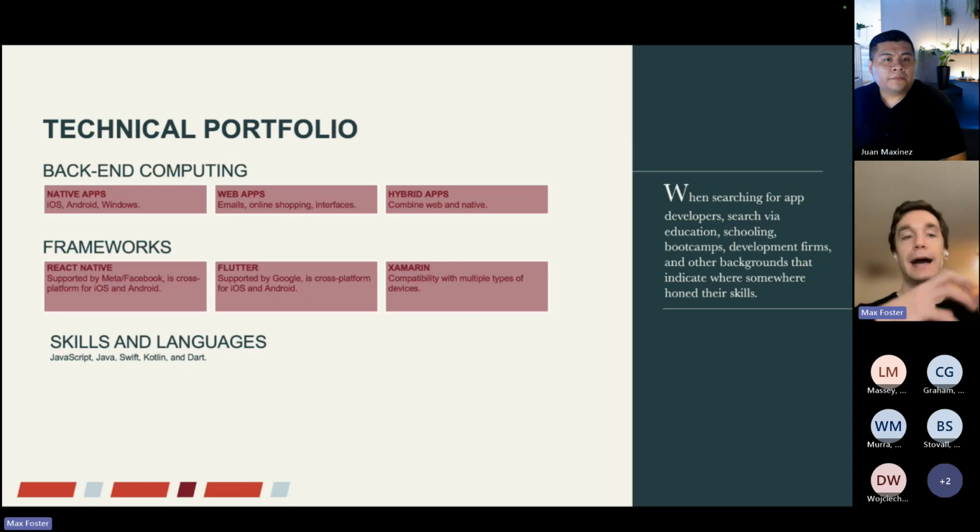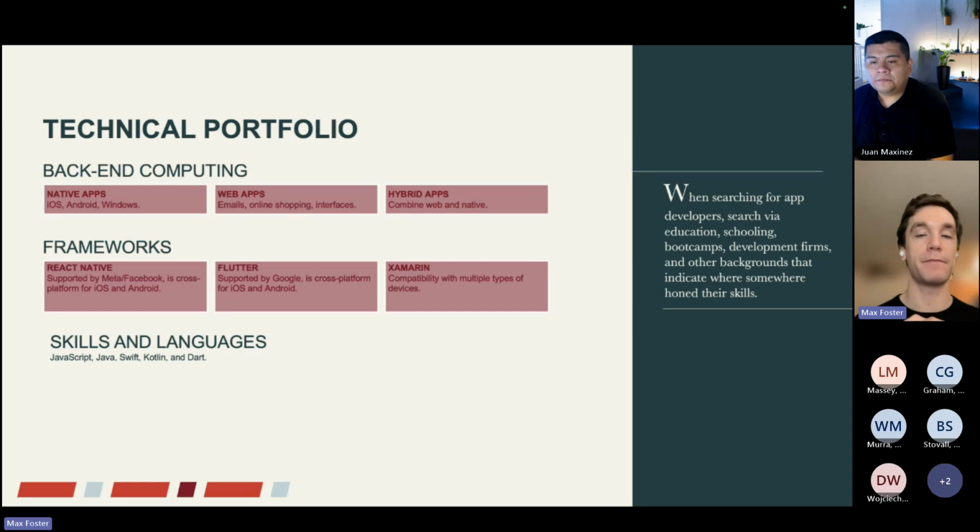Okay, there's a couple of frameworks. So this is a little bit about how does the app work? How does it connect to things? And right, there's various versions. So right, React Native is created by Meta/Facebook, and it's a framework to help you build iOS and Android apps. It's really, really popular. So you're going to want to start typing that into your Boolean bar. There is also Flutter, which is made by Google, and then Xamarin as well. These are just various words. There's a ton of other frameworks out there. I just want to put this here on the slide just so you get familiar with a little bit more of the vocab.